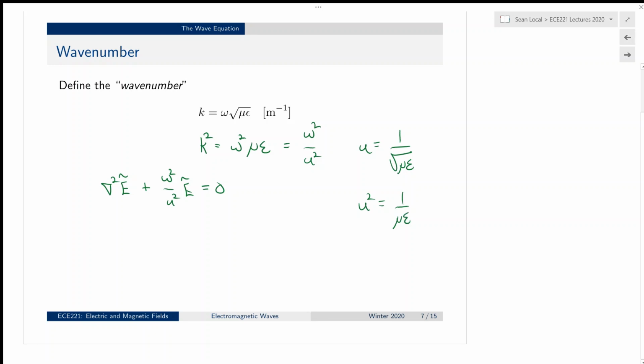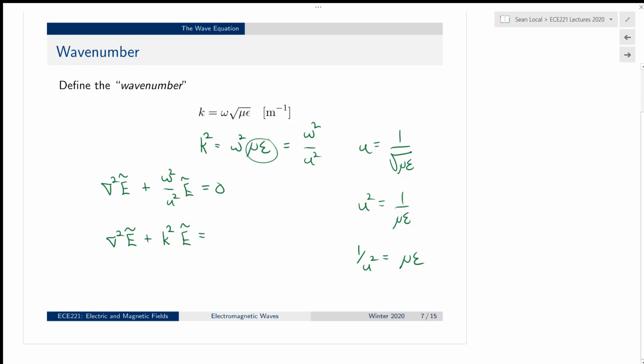So 1 over u squared is mu times epsilon, and that's what we see appearing here. And then k squared becomes omega squared over u squared. So we can rewrite these equations in terms of this new wave number